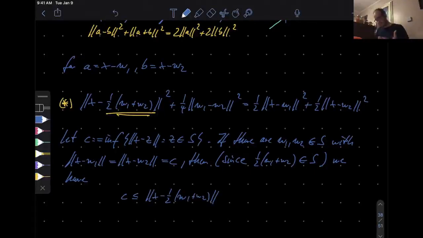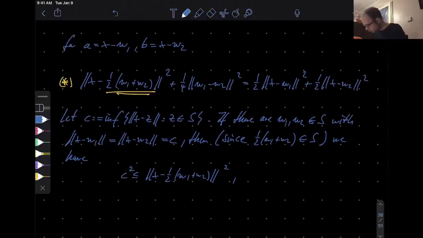This one, right? Because C is the infimum, so any other vector in S, if you look at the difference to x and take the norm, it should be at least as big as this minimal distance. And then what you can do is, of course, artificially you can square it. So by the yellow star,